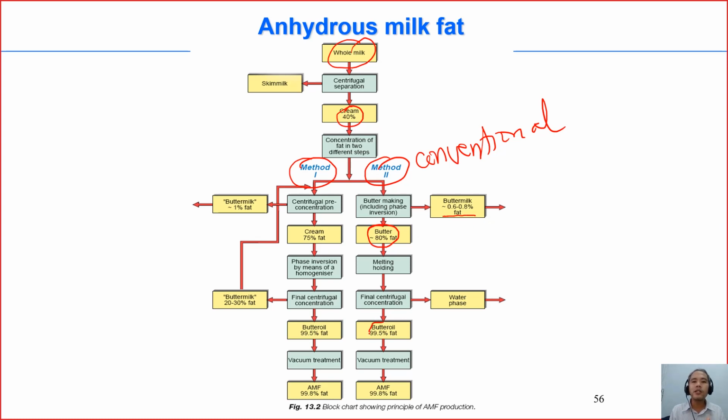And now to make butter oil we have to melt. We melt the butter and we hold it for a while for the fats to get melted completely, and then we do centrifugation. When the fat is melted and becomes liquid, we centrifuge so we can separate. Here the butter oil has almost 100% fat already, and then this is the byproduct.